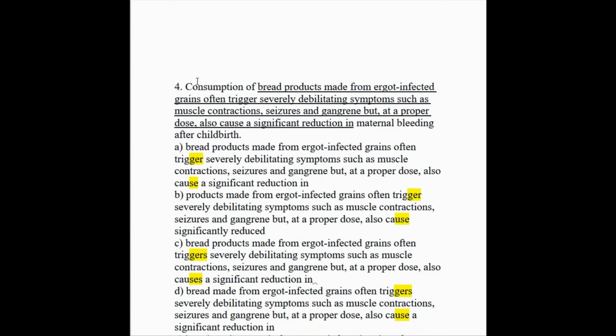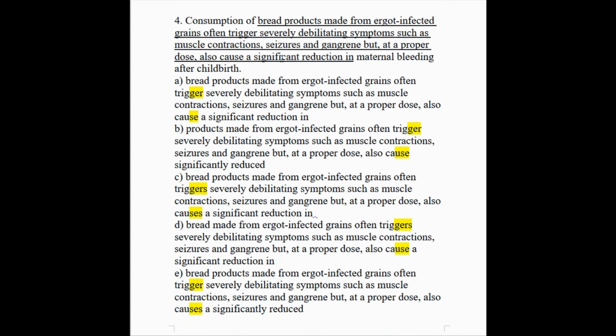But have a look at this. And I want you to all remember that A, B, C, D and E are different versions of this. A is actually exactly the same as the original version, and then B is slightly different, C is slightly different, D is slightly different, and E is slightly different. And I've highlighted some words that I want you to focus on, and of course they are the verbs,